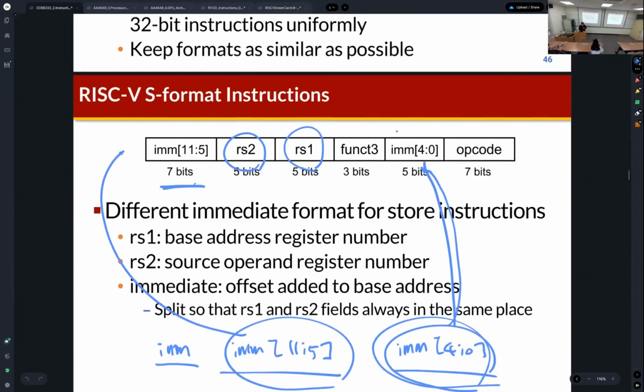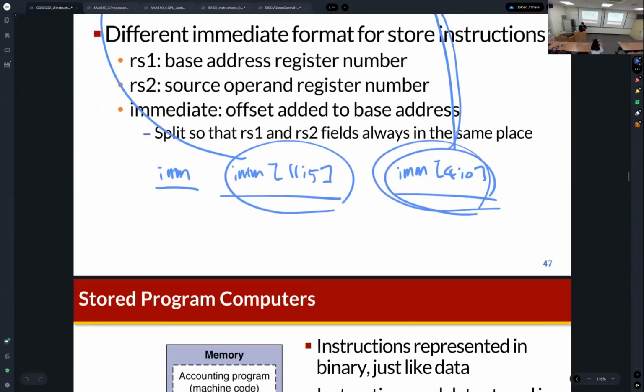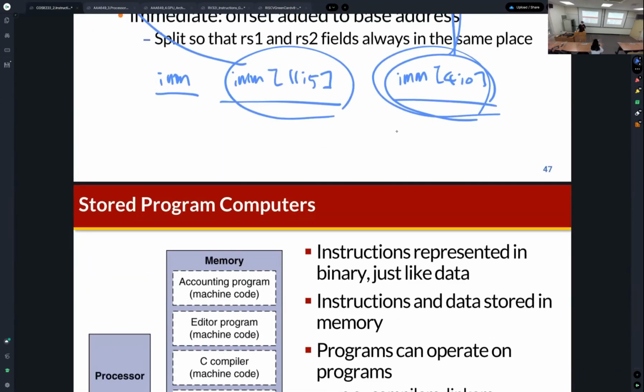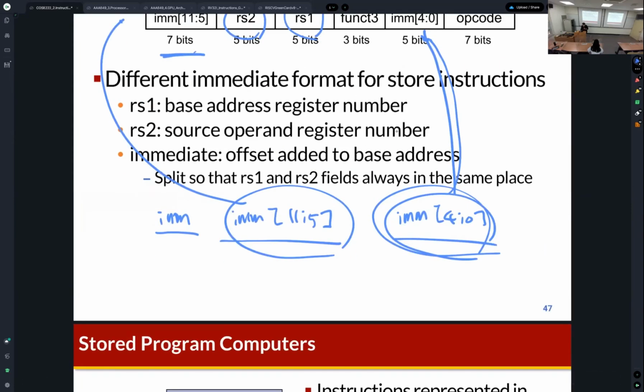Okay, so we learned how to represent the store type as a format instruction, and after that we will learn about the control instruction. The control instruction actually uses the SB format. But before learning about the control instructions, we will learn how instructions are stored and how instructions are fetched. So fetch means that, actually, when we